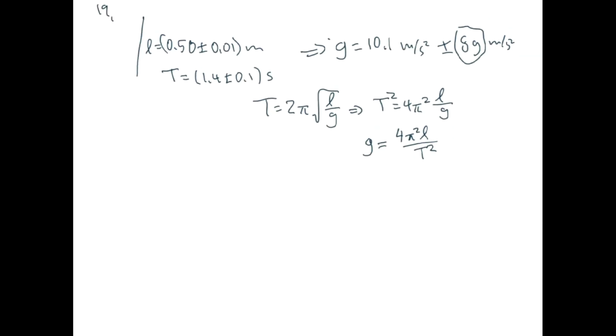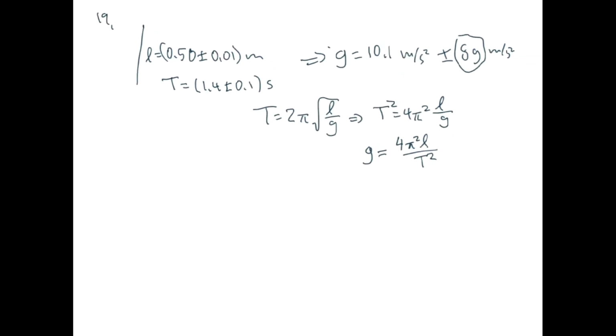Now we want to find what the uncertainty in g is, and we can use the formula for uncertainty in its most general form, which is,